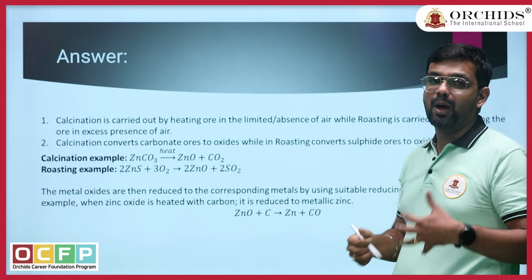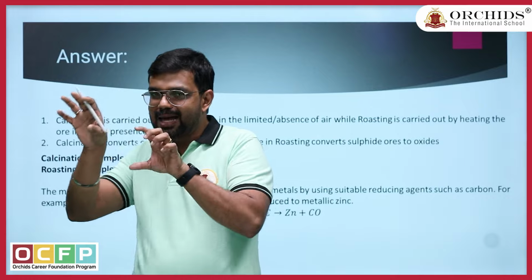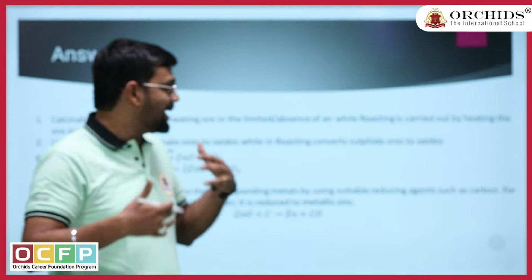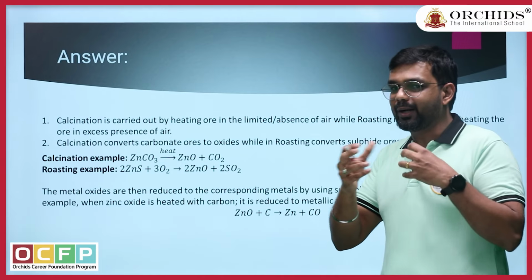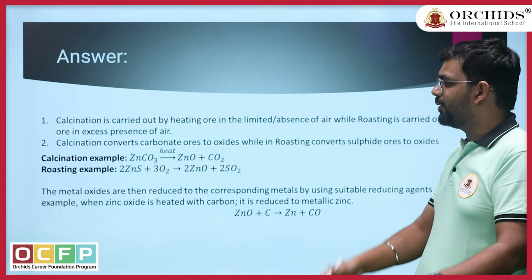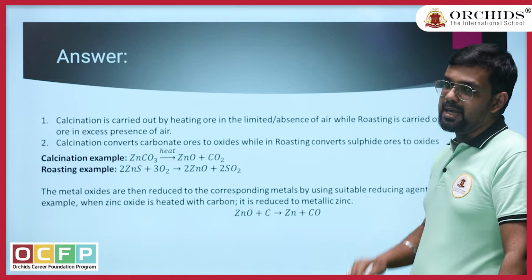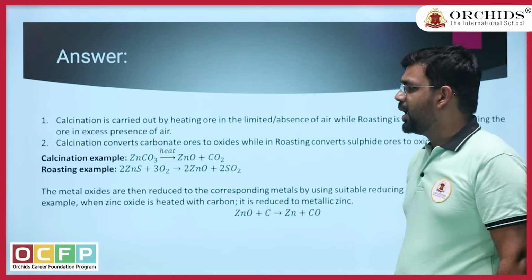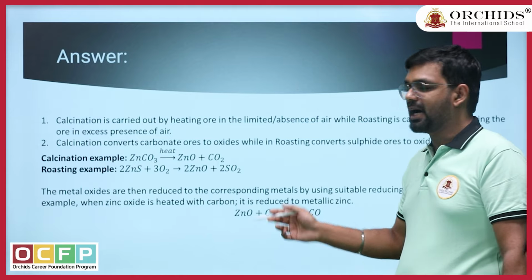But what does roasting do? What is R? P, Q, R, S, T. So in the order, R is followed by S. So like that, try to come up with some easy techniques or tricks to remember a few of the things. So calcination converts carbonate ores, while roasting converts sulfide ores into their oxides. I have given an example of zinc carbonate and zinc sulfide, how it is being converted.